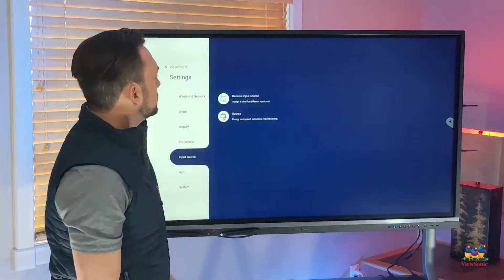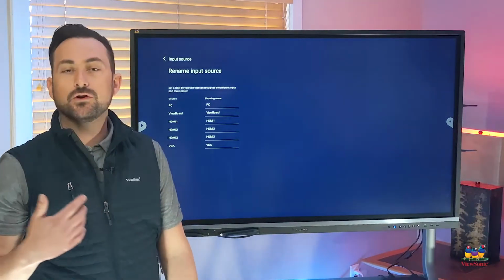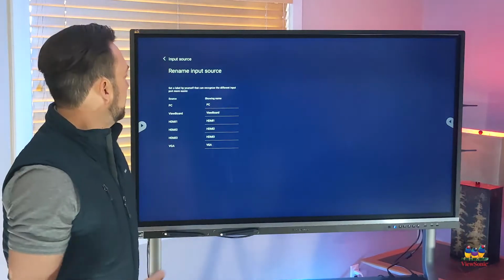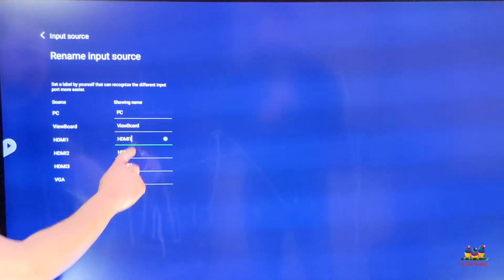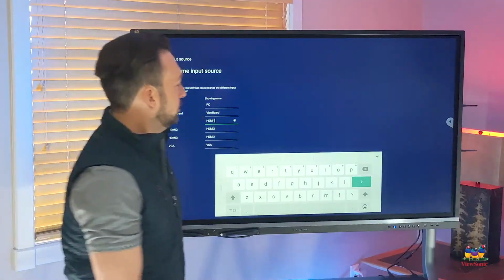Let's go to input source. So you can rename the input sources. This can be helpful if you're using connected devices such as like a Chromebox and you want to rename HDMI 1 to Chromebox. You can select that, retype it, and then when you go to the input menu, so we'll